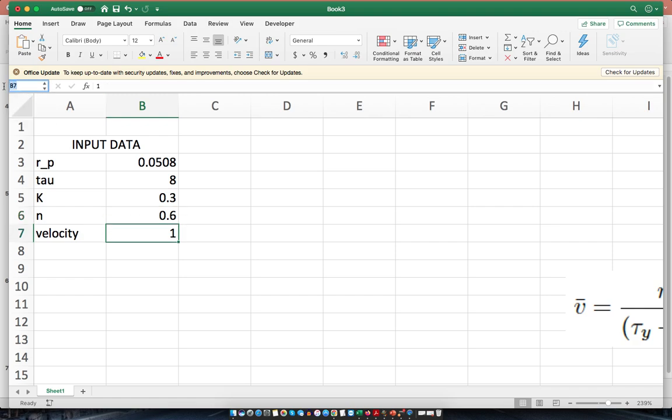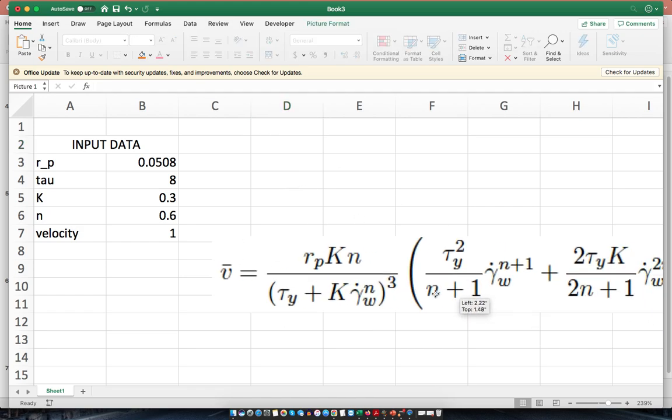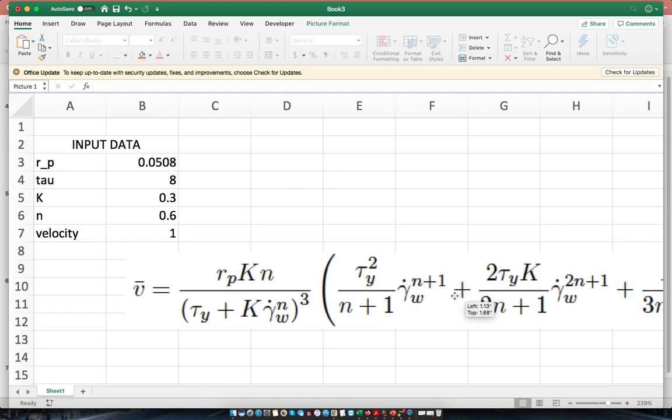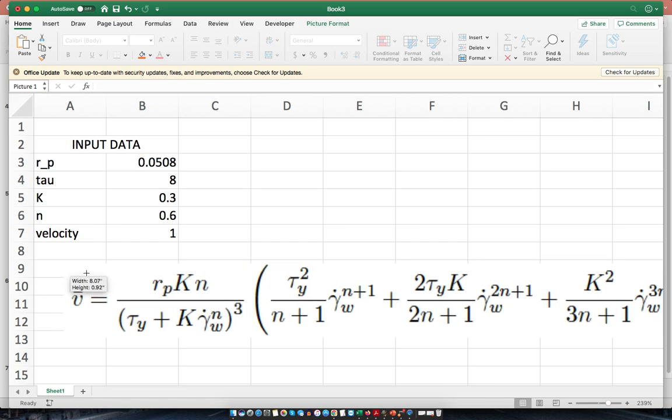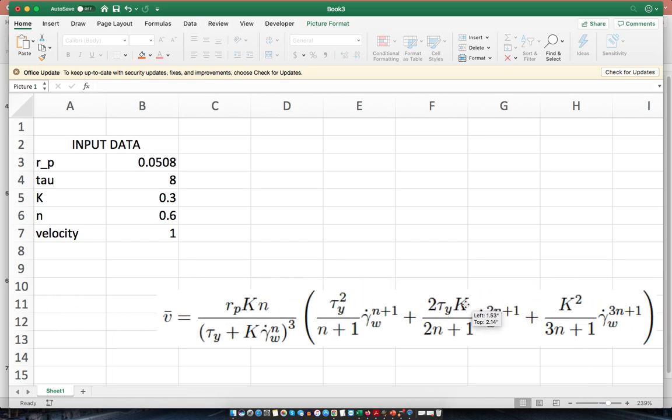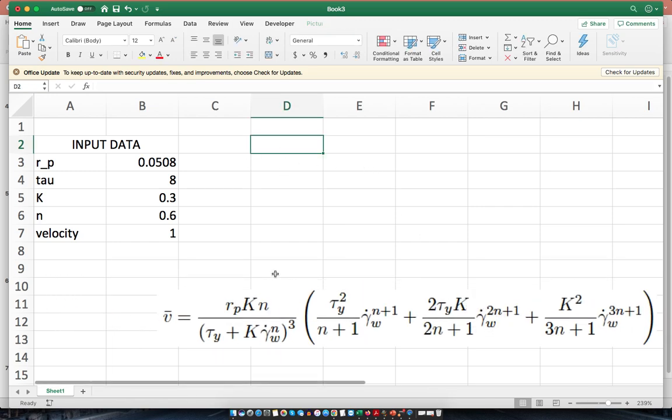And finally, this one is velocity. Now I need to write this formula in the space here. I need to write this one here, I put this one on the right hand side,